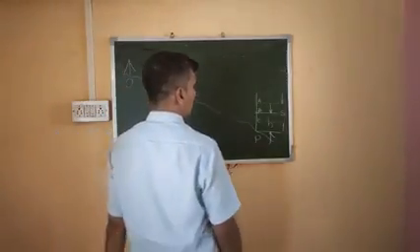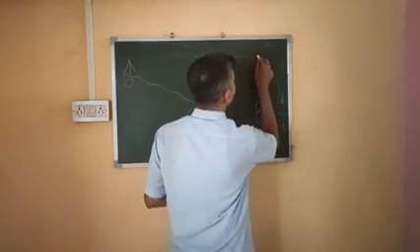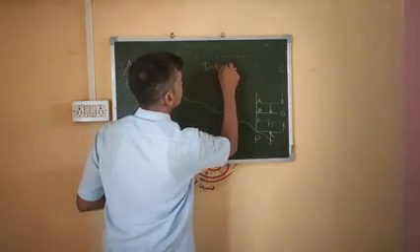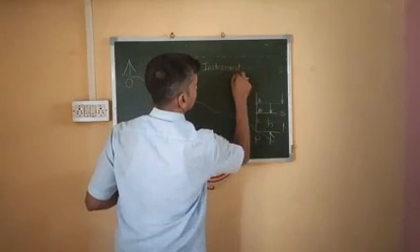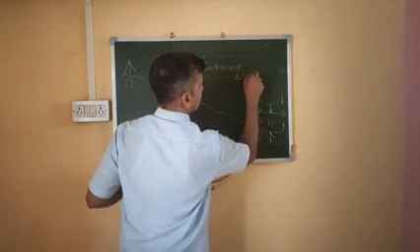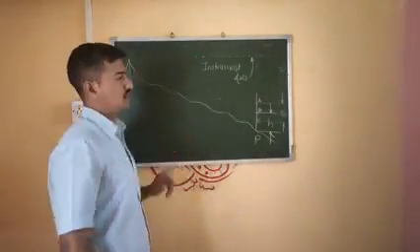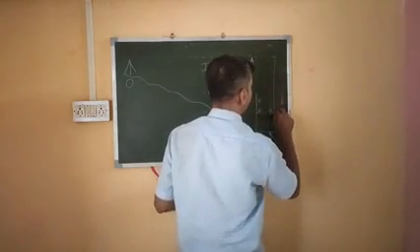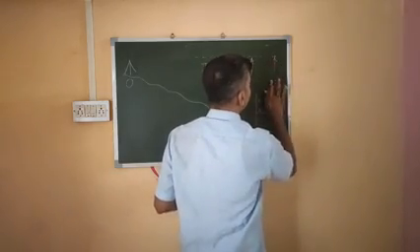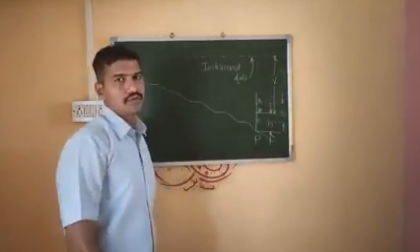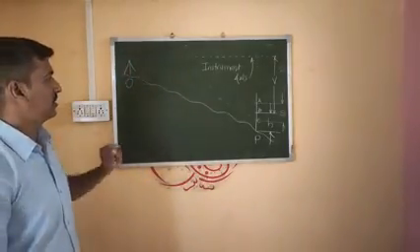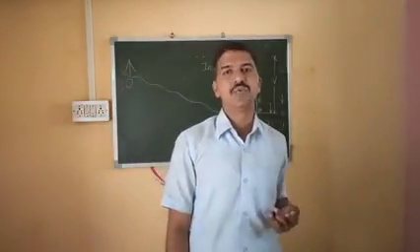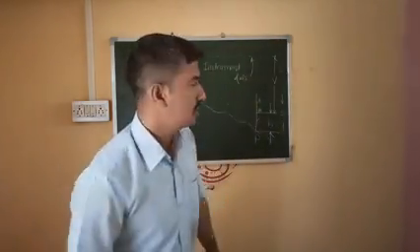Now, from the instrument axis to the central hair reading, this is B, the central hair reading. This distance is nothing but V. This is called V. So we are interested to find out the RL of point P in case number 3, when line of collimation is inclined downward.